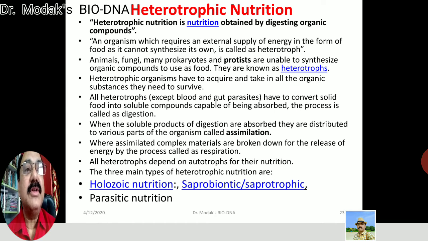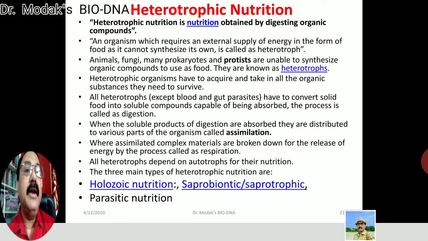From today we are going to discuss another type of nutrition that we call heterotrophic nutrition. So what is heterotrophic nutrition? We have studied that it is the nutrition which is obtained by digesting organic compounds. It means the organism which requires some external supply of energy in the form of food and cannot synthesize its own, is called a heterotrophic organism, and the mode by which these heterotrophic organisms get their food is called